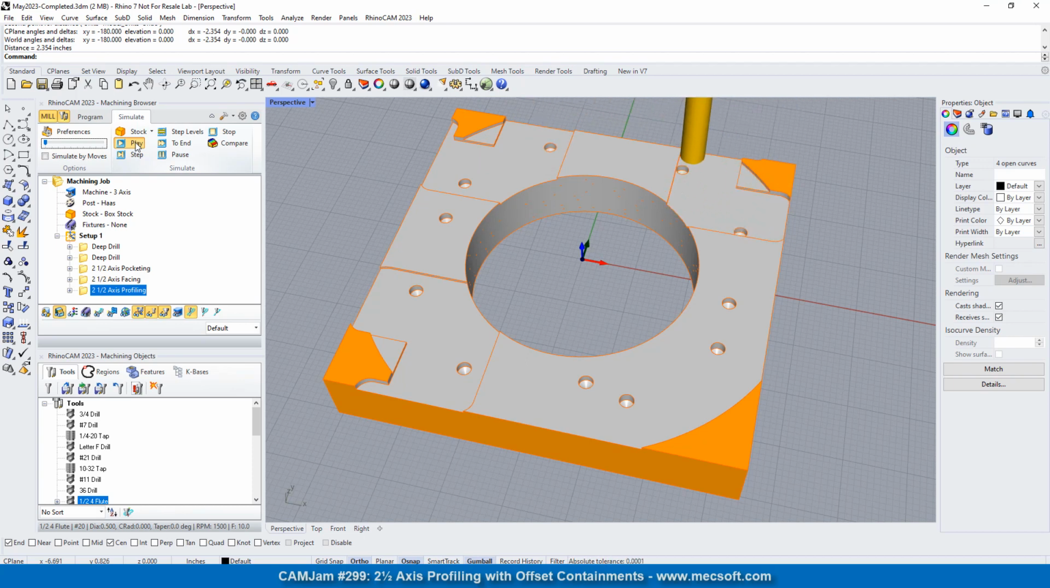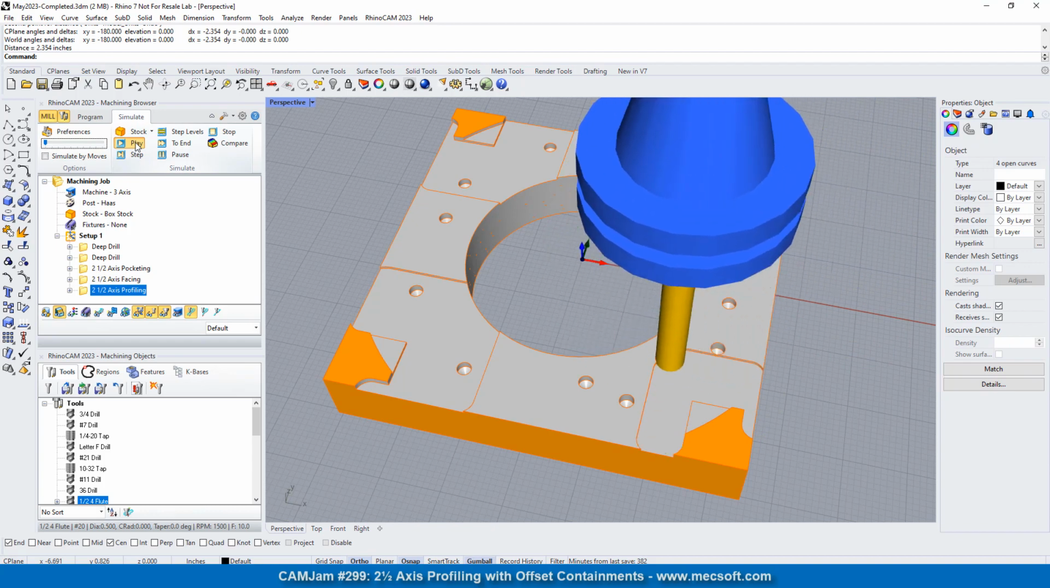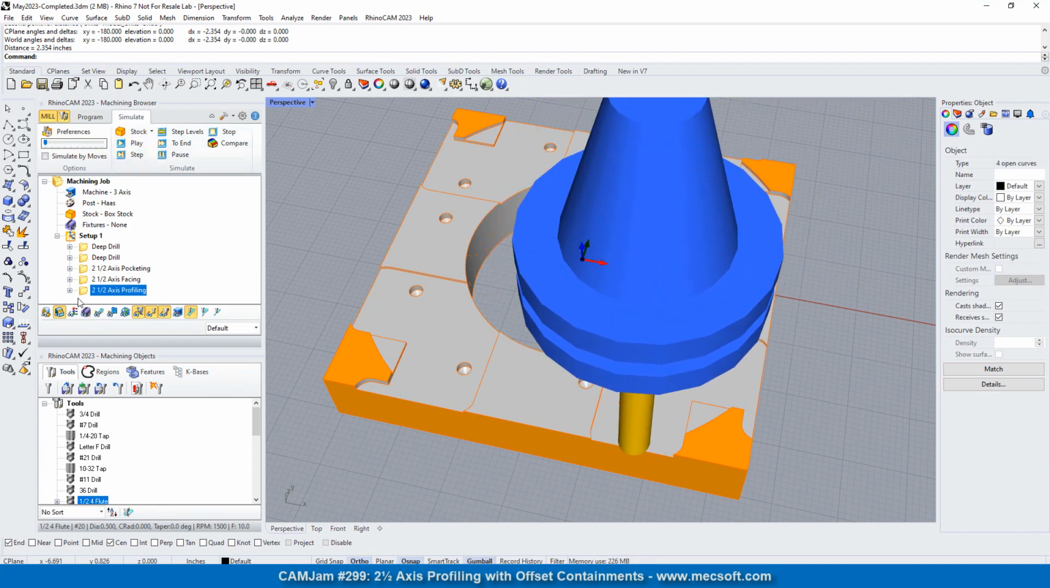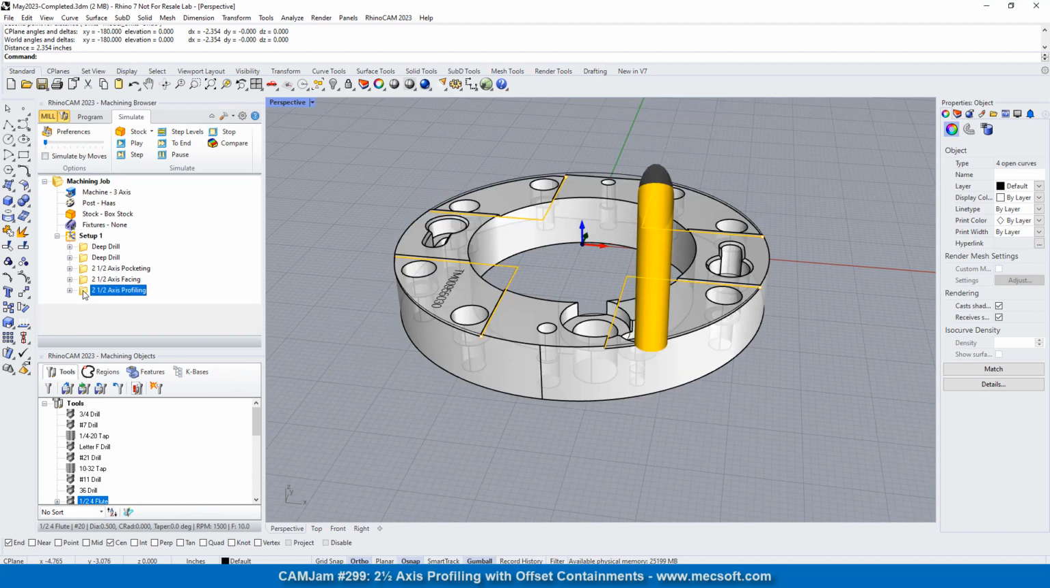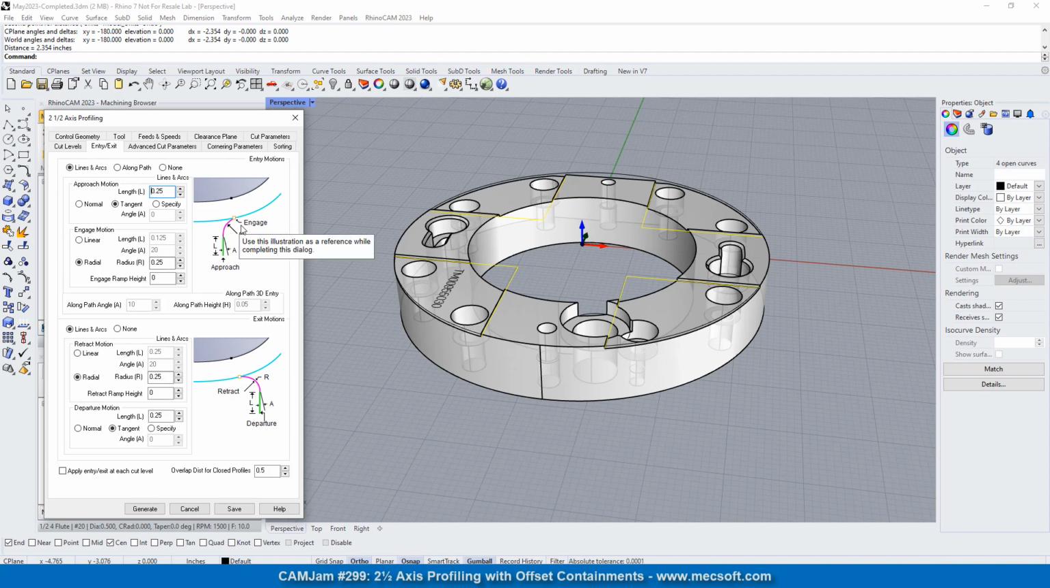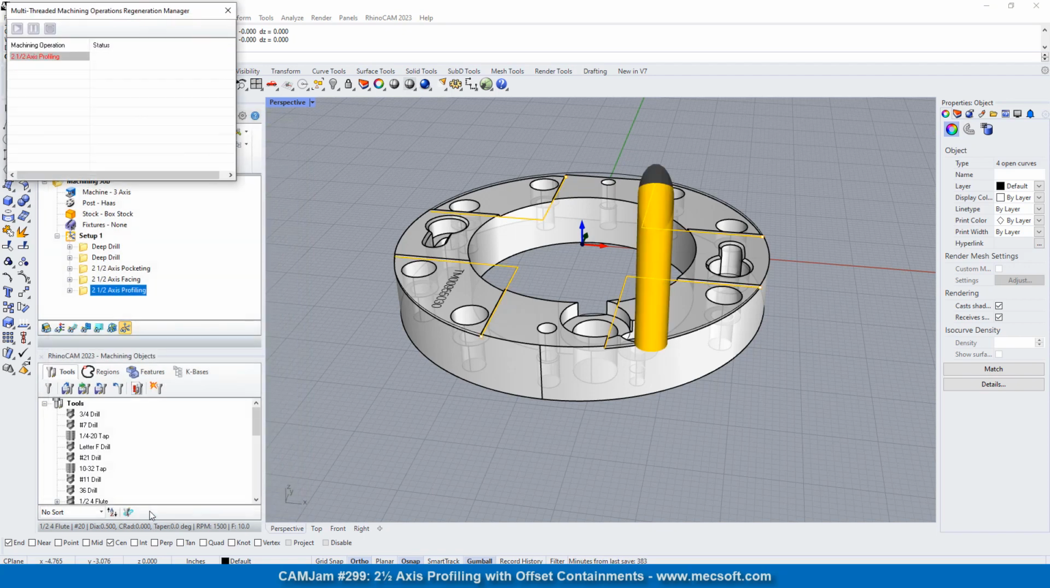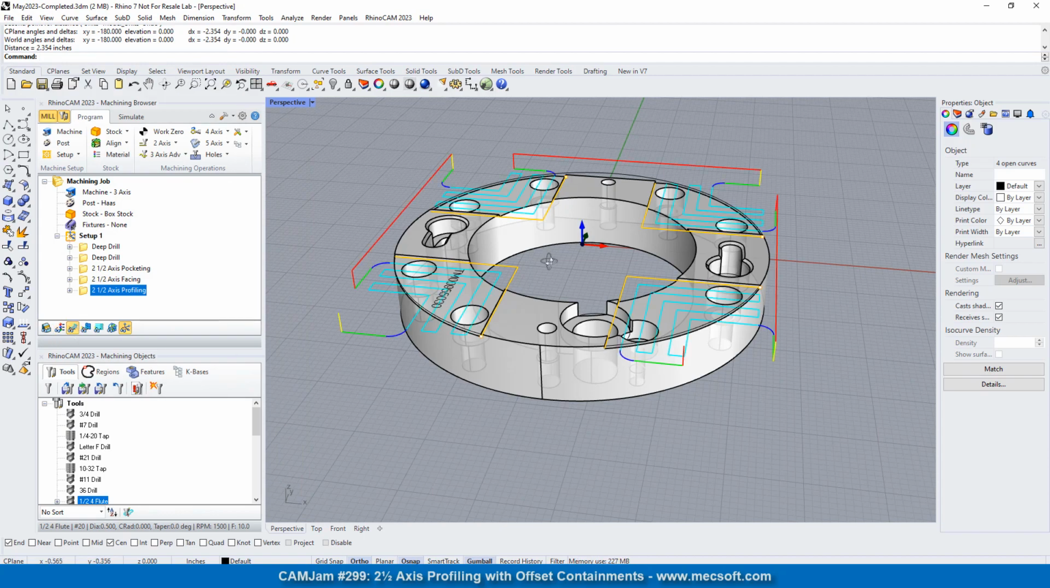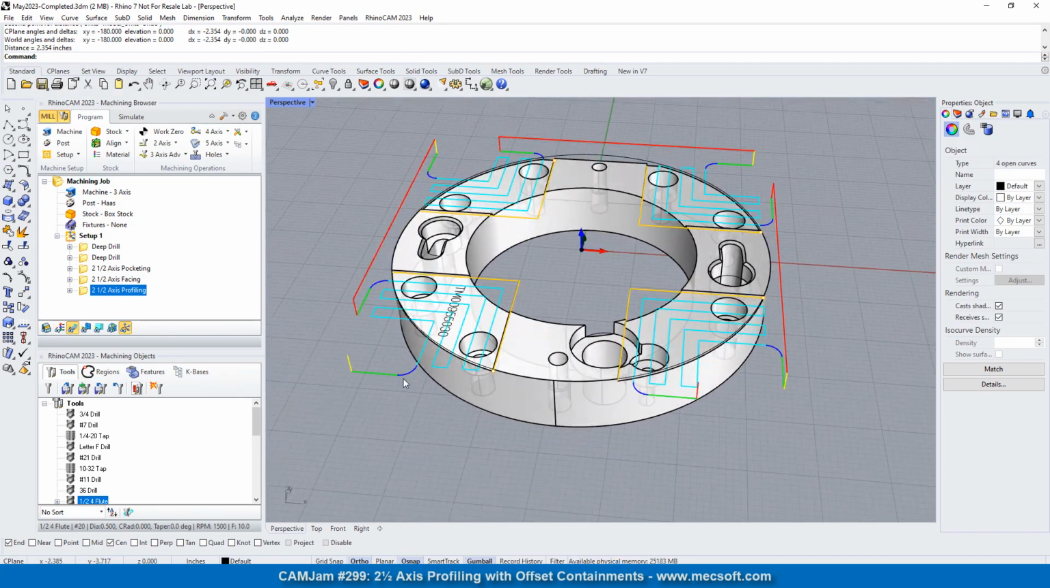Okay, it looks like the entry needs to be moved out just a little bit. Okay, so let's make some adjustments here. Let's go into here, go to the entry and exit tab, and let us do approach motion distance length. I'm going to set that to 0.75, and then the exit distance length, departure length, 0.75. Let's see if that helps. Let's take a look at it. Okay, great. So what you see is we added some extensions here on the entry and the exit, so that brought it out,